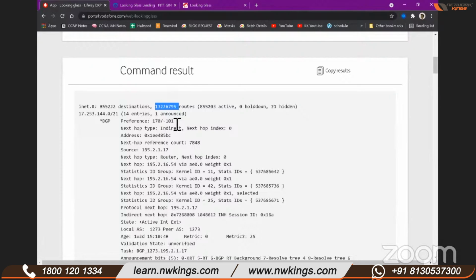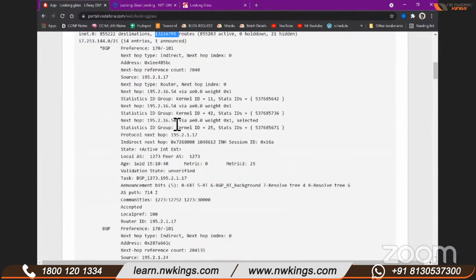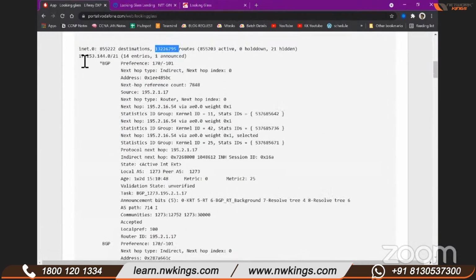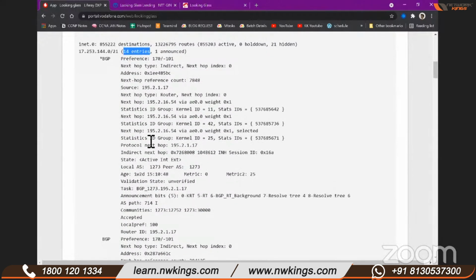Yeah, so this we can't see, we can't run a command. Even we can check the route details, but you can see this network Apple has advertised with /21, and you are getting this network from 14 locations. We are getting this route from almost 14 locations. Okay, and if you see from where we are getting this, okay, so there are some, this is